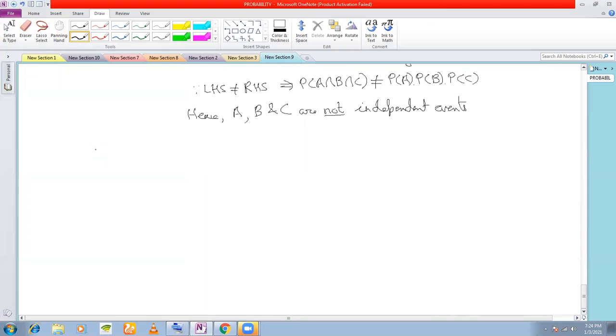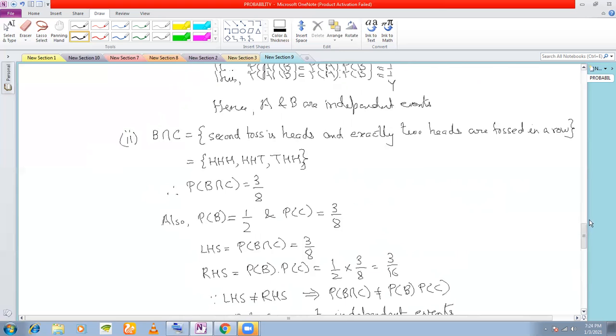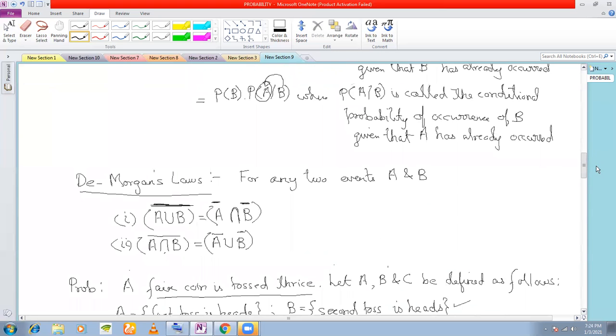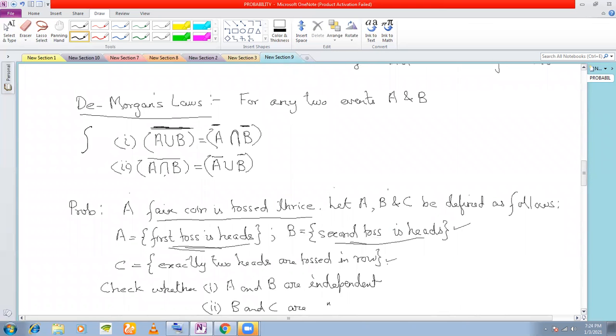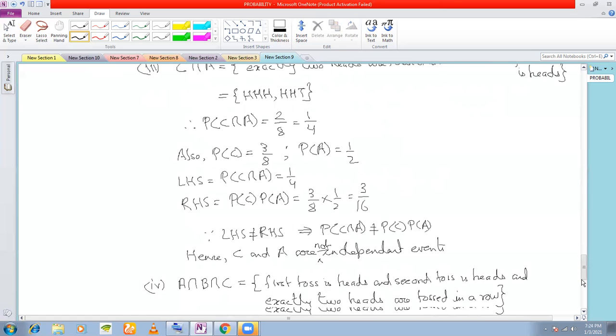The next thing that I'm going to show you is, remember De Morgan's laws, which I told you about yesterday. You see these? A union B complement is equal to A complement intersection B complement, and A intersection B whole complement is equal to A complement union B complement. Okay. Now, as I told you yesterday,